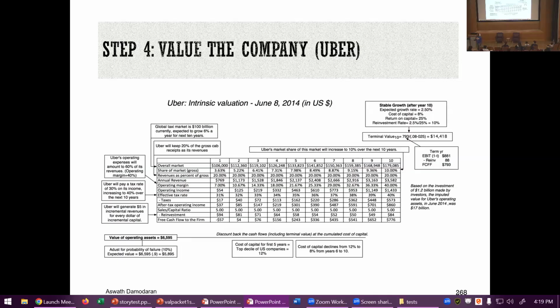But I'm not going to convince you that my number is right. What do I care? It's your money, right? I'll give you my story. You can make it yours. You can change the things that you don't like. But essentially, I always view my valuation as reflecting my story for the company. It's not the story for the company and the valuation.